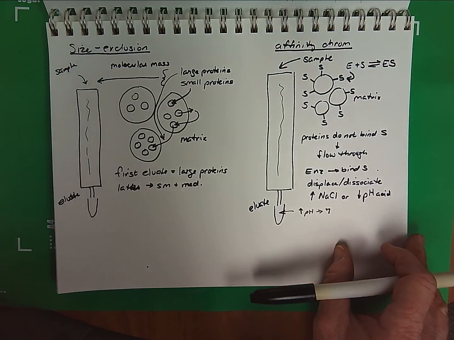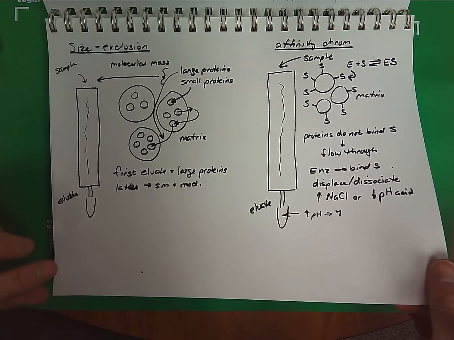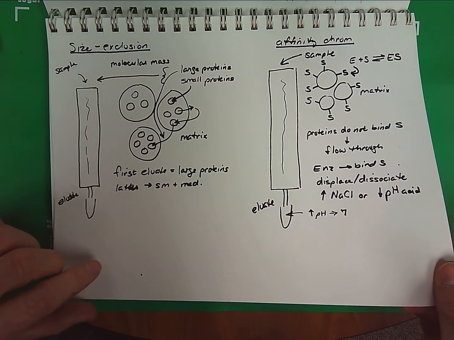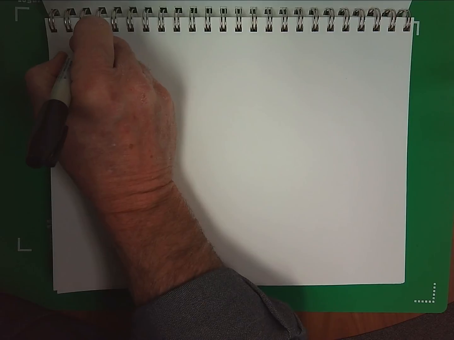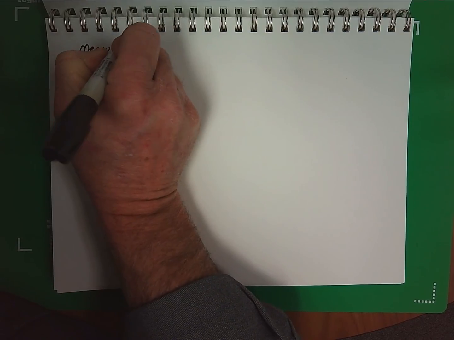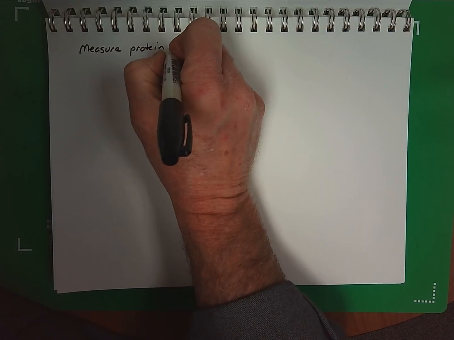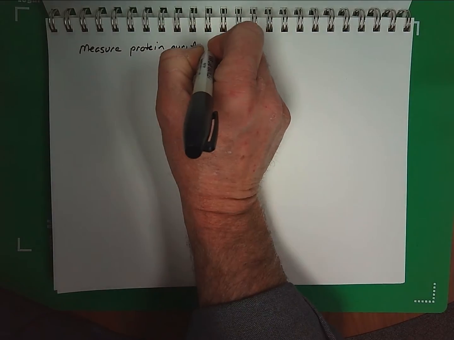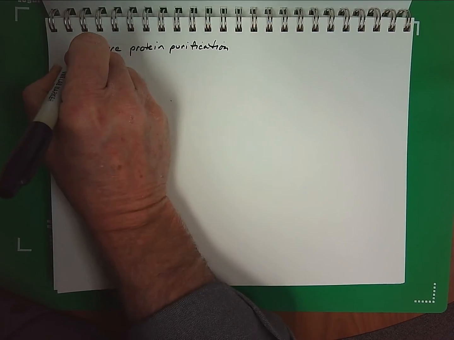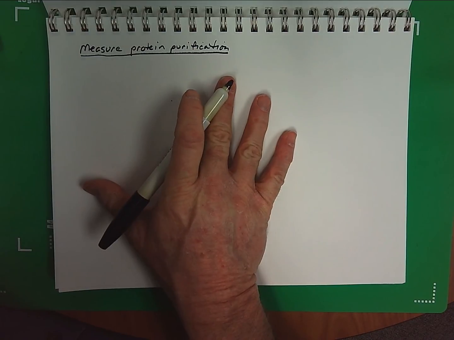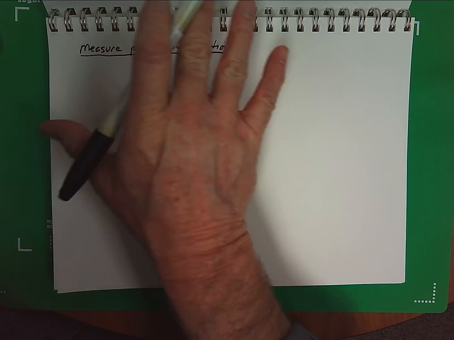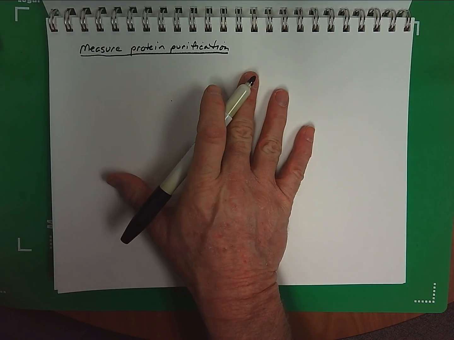So these are the major types of purification, enzyme and protein purification that we use. And now how do we quantify, how do we measure the amount of protein purification for each step that we've taken? So starting from ammonium sulfate and then progressing through our various types of chromatography, we need to measure how much